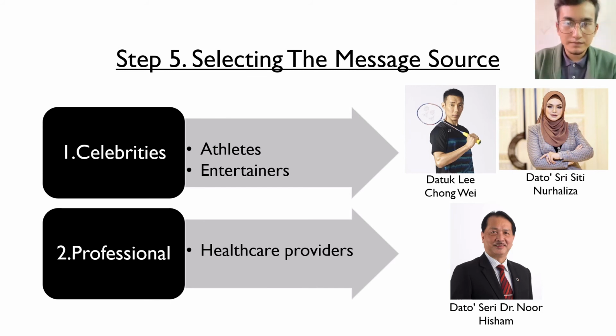Many communicators do not use a source beyond the company itself. Others use known or unknown people. Messages delivered by an attractive or popular source can potentially achieve higher attention and recall, which is why advertisers often use celebrities as spokespeople. Celebrities are likely to be effective when they personify a key product attribute.